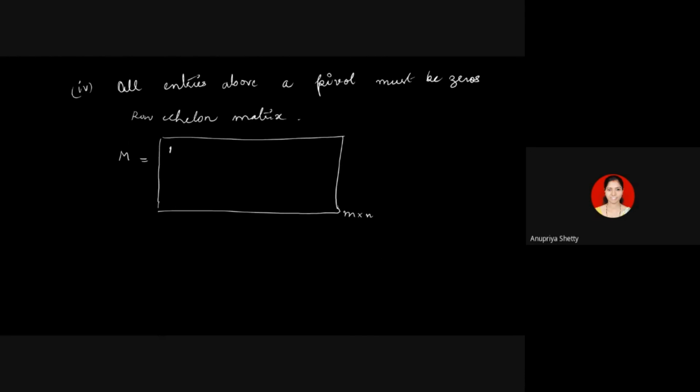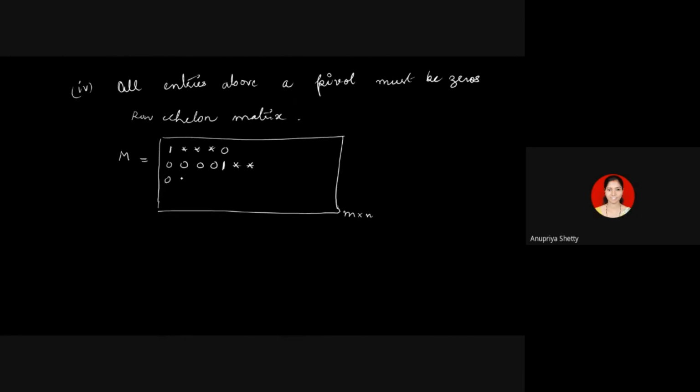Let me take the first non-zero entry in the first position itself. So this is a pivot. After that, there could be any entry. No worries. So there could be any entry possible. Okay. So there could be anything. But if your second row has say 1 in the fourth place, here I cannot have any arbitrary entry star. Here it must be 0. Why? The fourth point says that entry above a pivot is always 0. Okay. And then after that, again, there could be anything. Any number could be there.